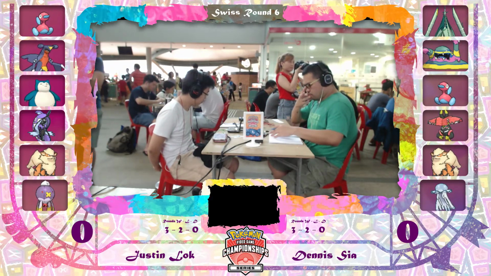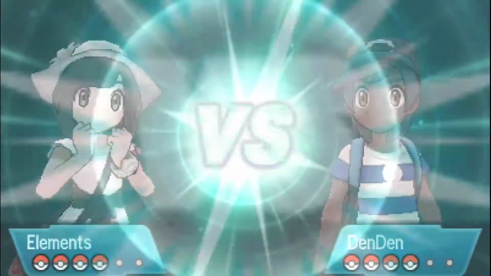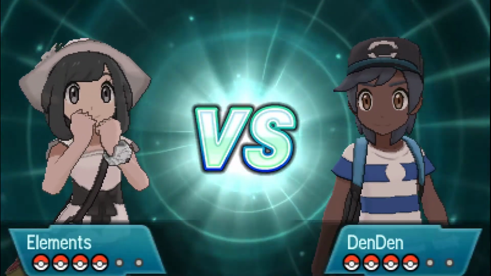I will also say that Justin's Snorlax is under the threat of Knock Off from Mark, denying Snorlax of its Figy Berry. And as the game is going to start now,